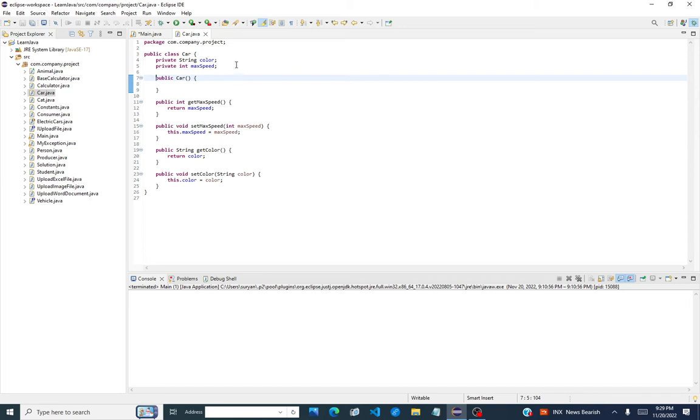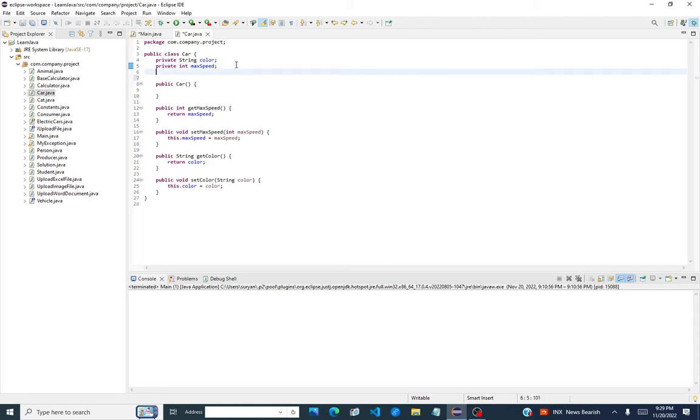What do we use the static keyword for? So we can declare a variable here. Let's say we want to call it a private static. Here's an example. Let's say you want to know how many car objects have been created. In order to do that, we can use this static